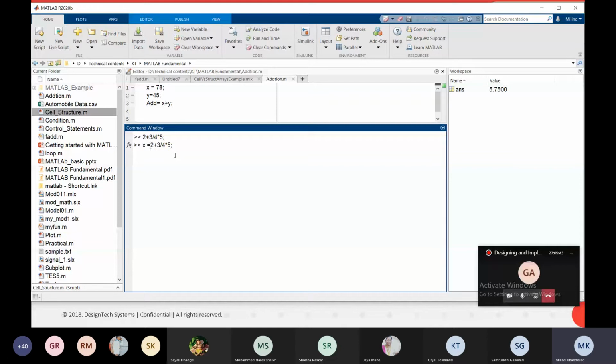Now what I will do, I will just use brackets here, same values.